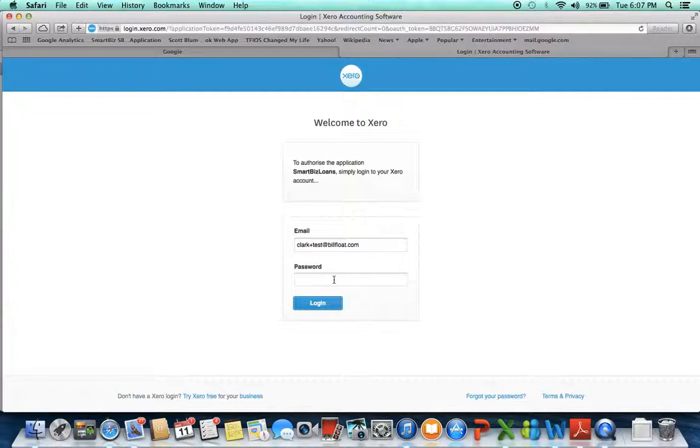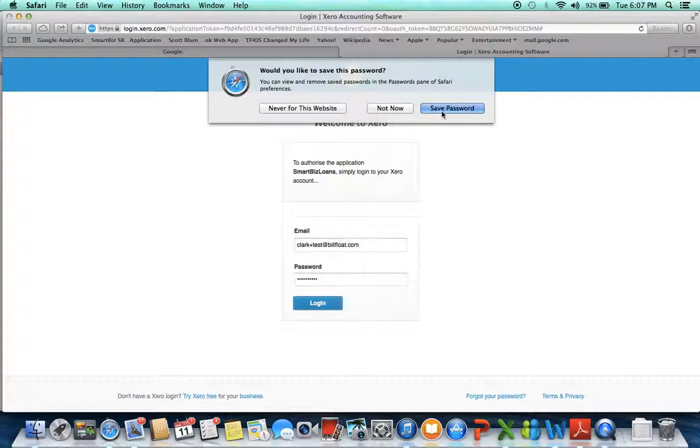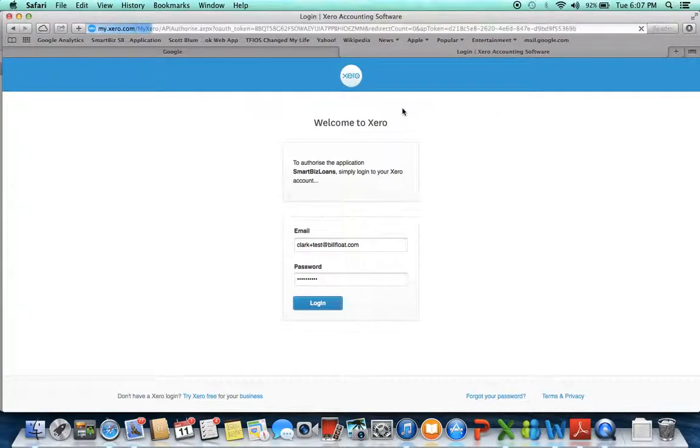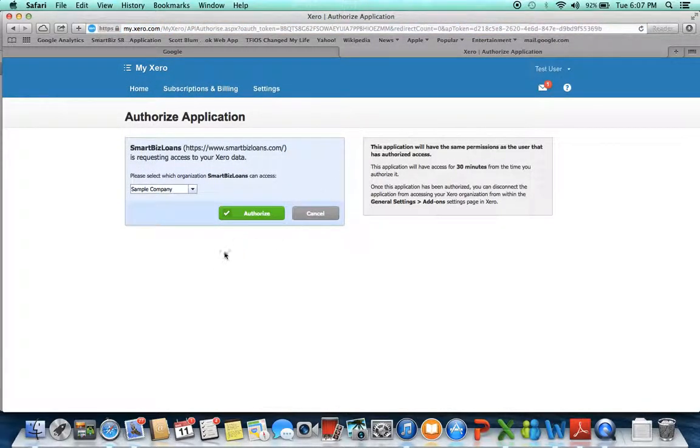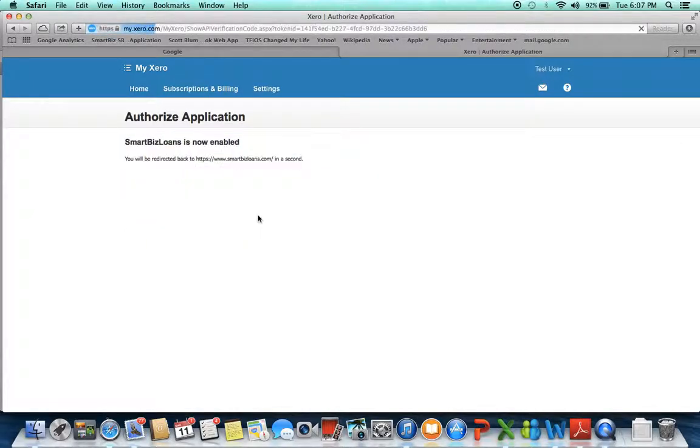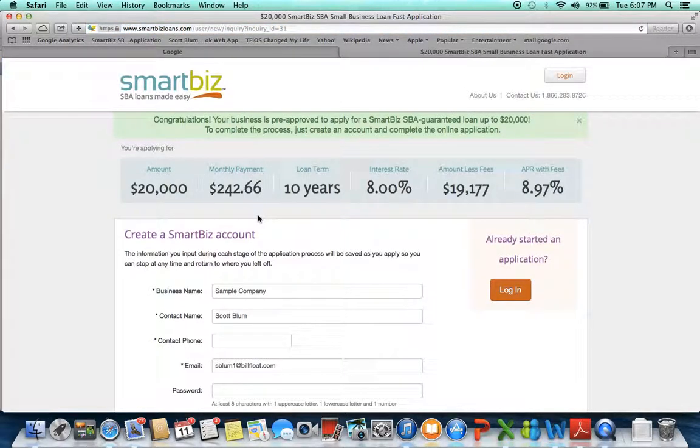So I'll enter in that data and log in. And that will then go ahead. I'll have to authorize the application to enable SmartBiz to actually access the data from the company. So I'm going to go ahead and do that. And what that is doing is now authorizing the application from my company and sending that over to the SmartBiz